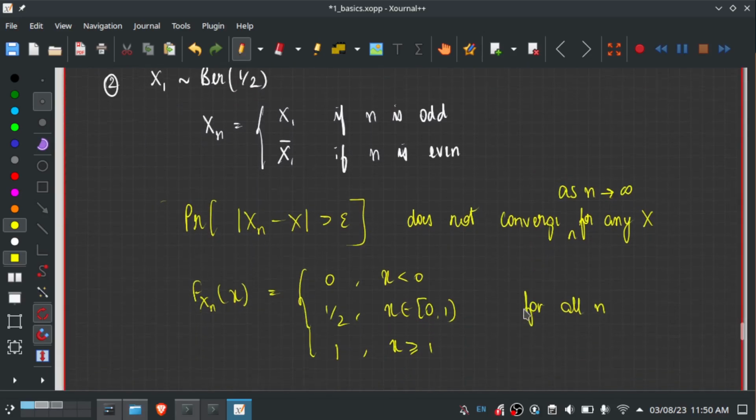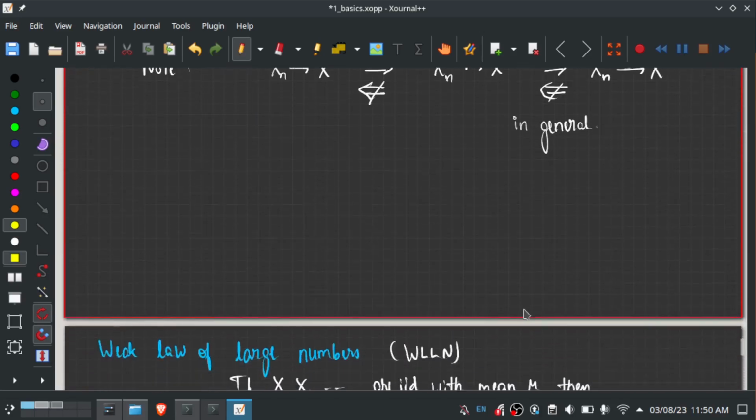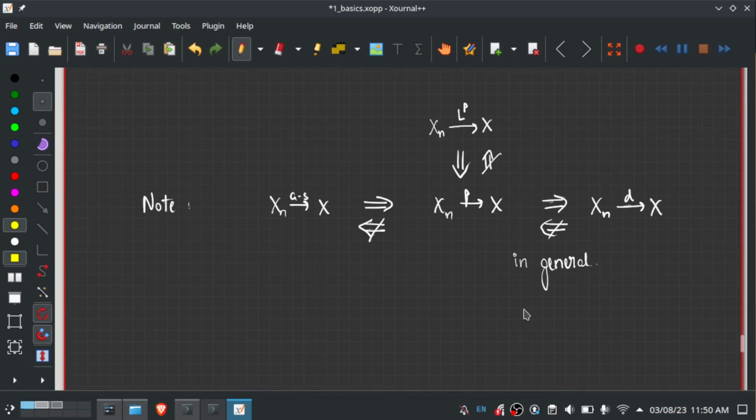All right. So now that we've seen notions of convergence, in general, some of these notions are stronger than others. In fact, if a sequence of random variables converges almost surely to some random variable X, it turns out that Xn also converges to X in probability. So almost sure convergence is stronger than convergence in probability. And convergence in probability is stronger than convergence in distribution.